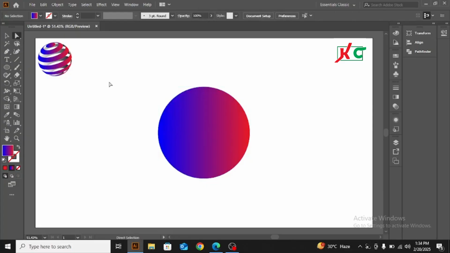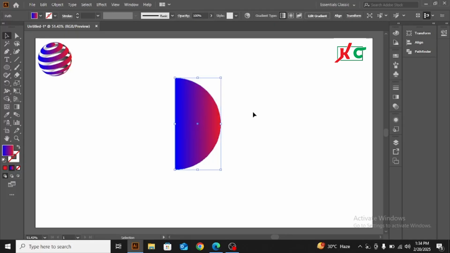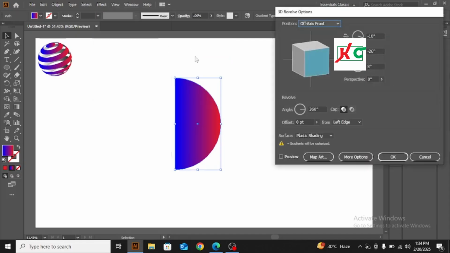So what I'm ready to do, I just select all the things and go to the direct selection over there, and I delete this left side. So we've got it, it is magic. The next thing we're ready to do, setting it in the middle, and go to Effect, go to 3D and go to Revolve. See,